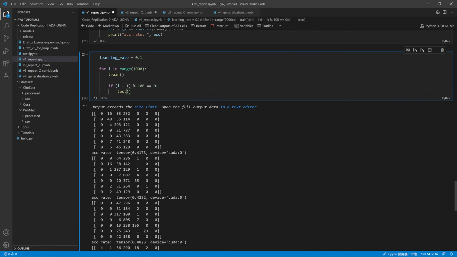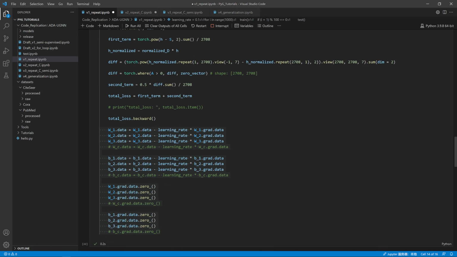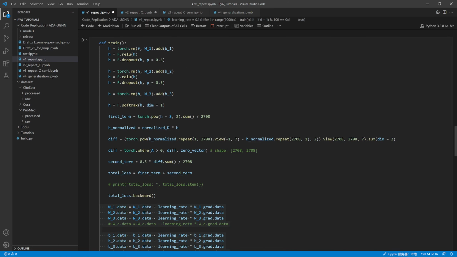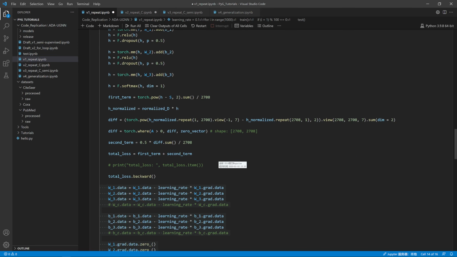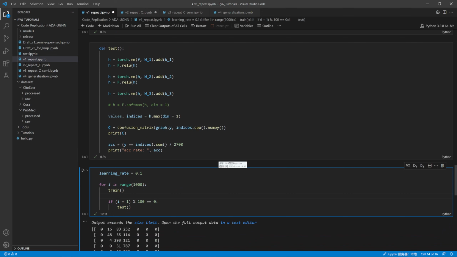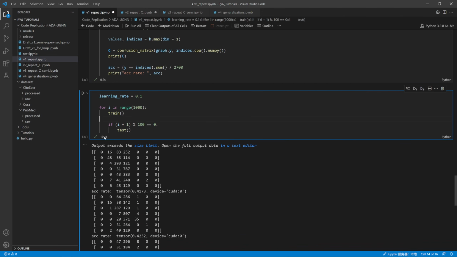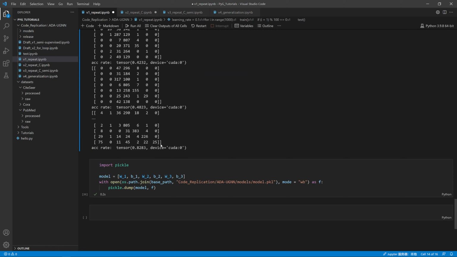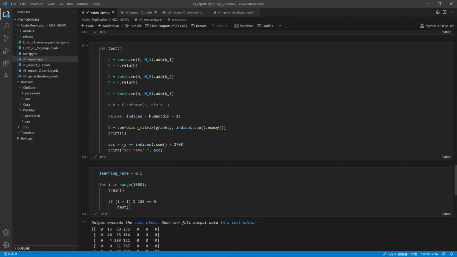This is very fast because in the forward function in the training there are all matrix operators, without the for loop. So we use only 20 seconds to iterate 1000 times. The final accuracy rate is around 22%. We save this model. This is the simplified